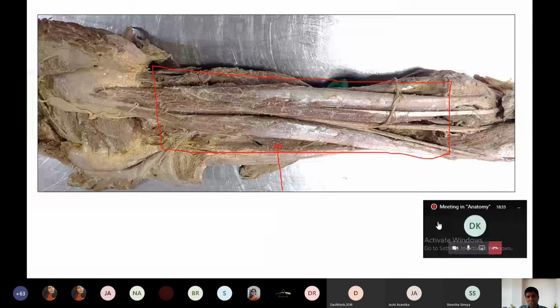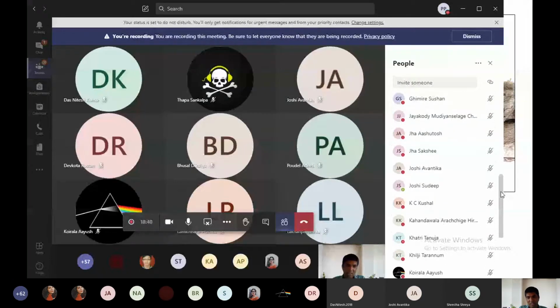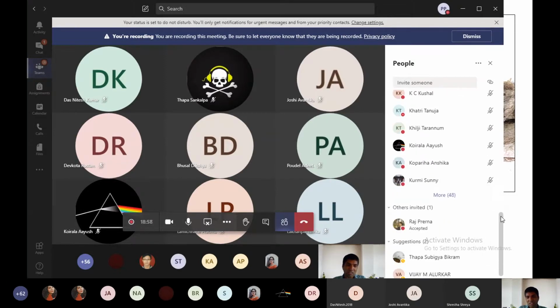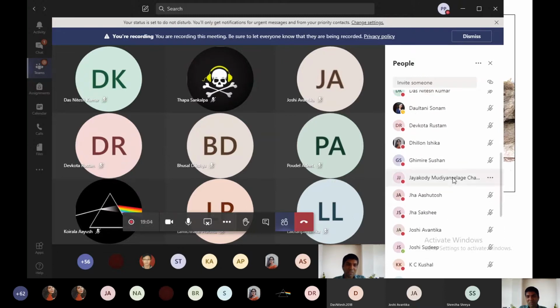Now I'll pick someone to answer the other part of the same muscle. It's very difficult to read this name. Hirumini, are you there? I'm picking the easiest part of the name, please do not mind. Okay, Hirumini, you have disappeared now. Are you there, Hirumini? You have disappeared because I'm asking. If you do like this, then I will not ask next time. Please do not disappear. You can listen to my class. And then I'll go to another person.